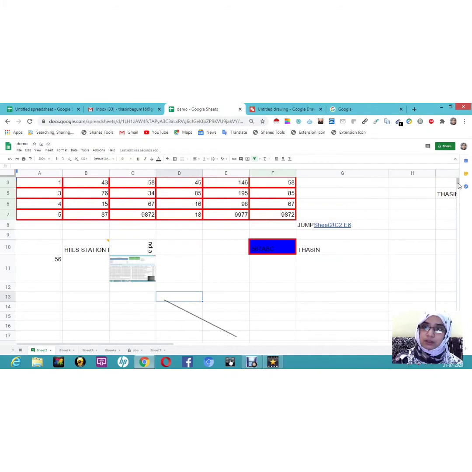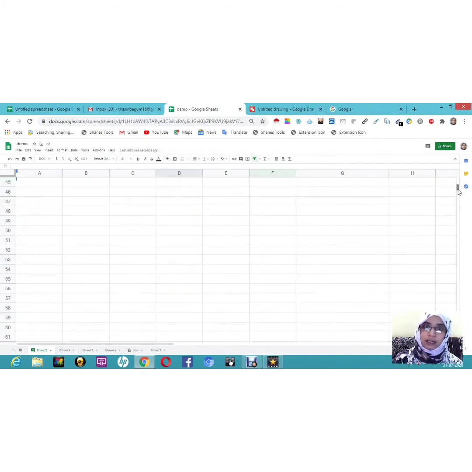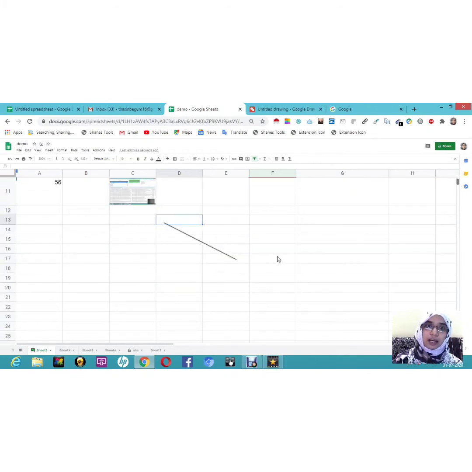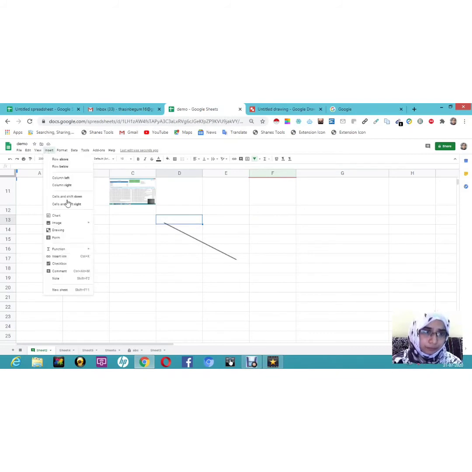So here is the one. If you want to draw anything, we can draw, and here is the line. So this is the one we can use to draw at the same time. And the next point comes to insert image, insert drawing. And if you want forms and the functions, we have already seen the functions here. And the next point, insert link, also we have finished. And then the point comes to checkbox.